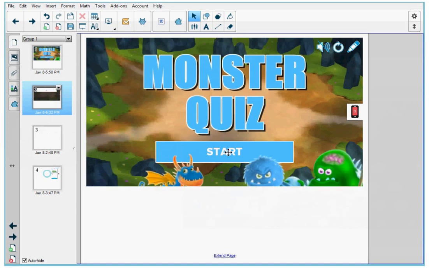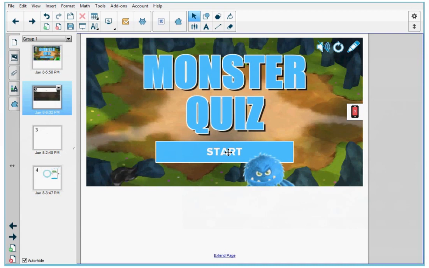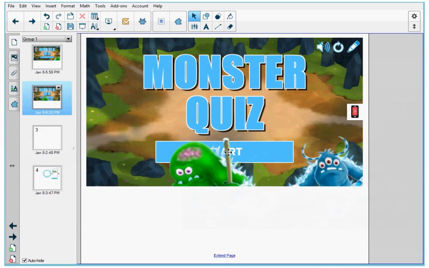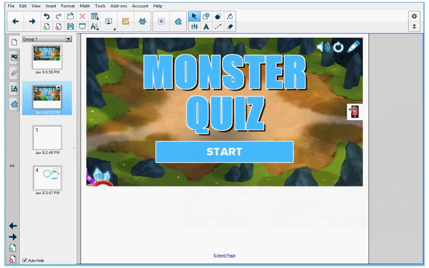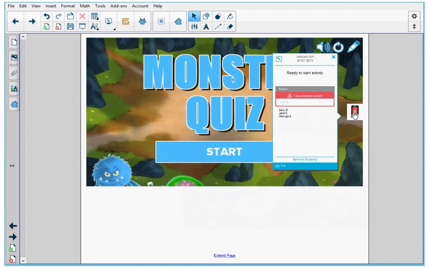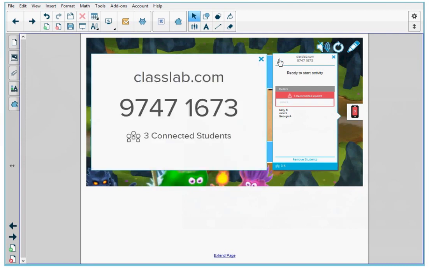Now before I start the Monster Quiz, I want to have my students join. So over on the right, there is an icon that I can press here, and it opens up my window, and I'm going to open this arrow up that's on the top left, and that's going to give the information to the students where they can log into classlab.com and log into the activity code here. So I'm going to close down this window,